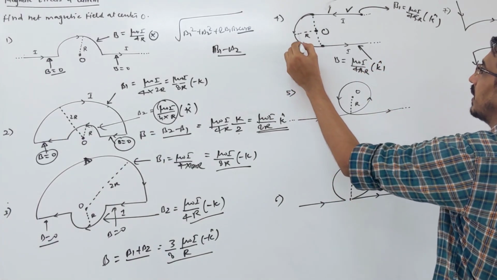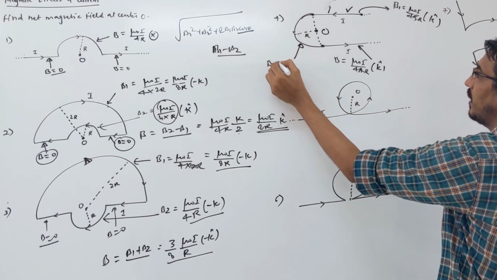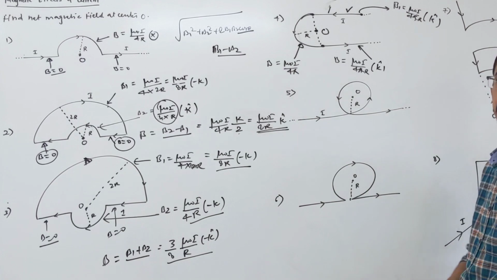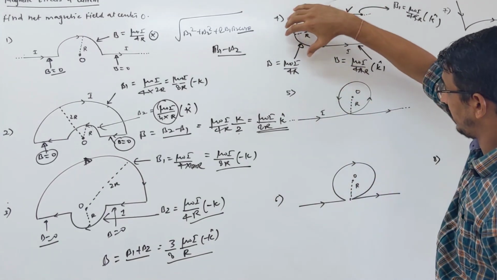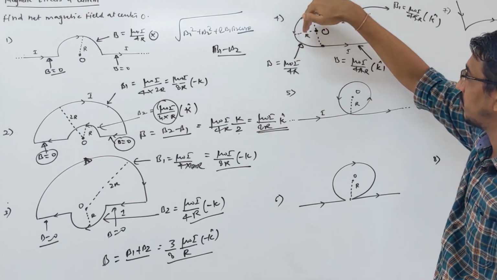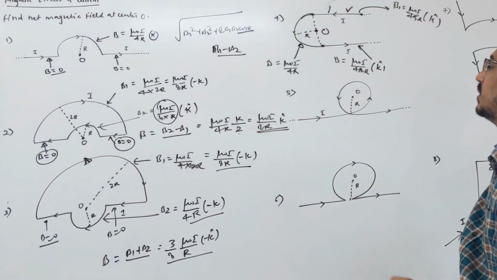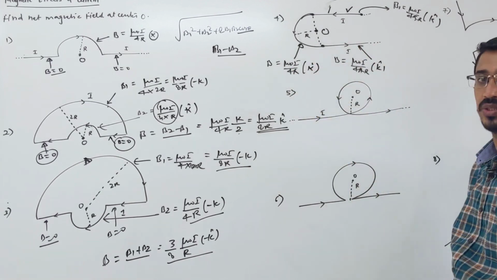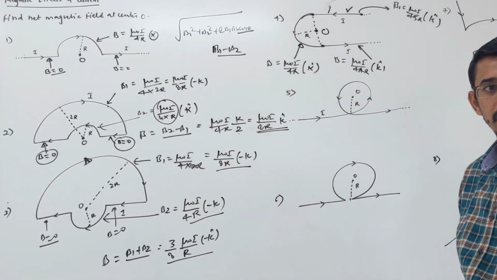This half ring is remaining. This half ring, so magnetic field is equal to mu naught I upon 4r, and what is the direction? Again outward, because grab in your hand, current is downward. Here fingers are going down, but inside the finger will come outward. So this field also is in K direction. So all fields are in same direction. You can add them simply. That's your answer.